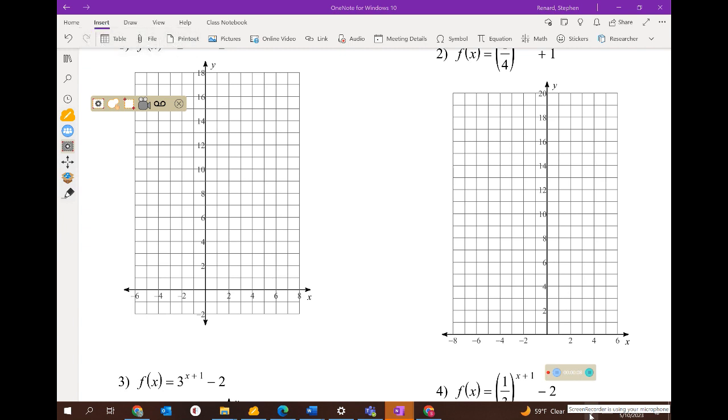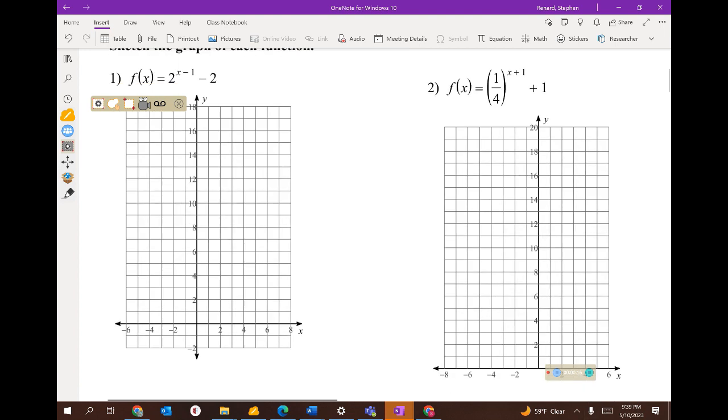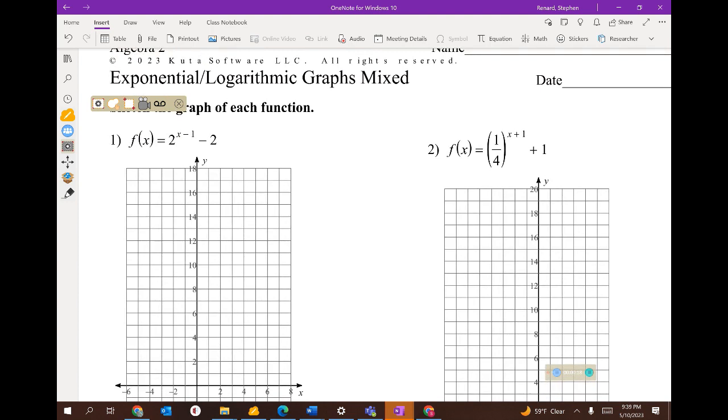So, the recent CFA didn't go all that great, and that's okay though, because we learn. And so,